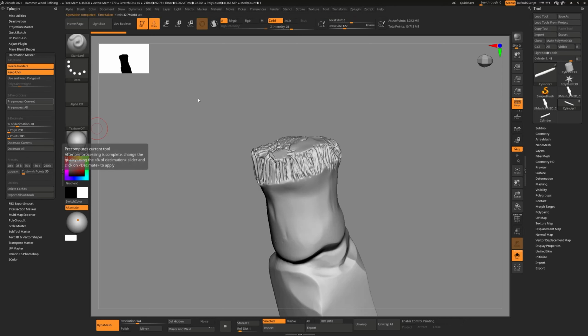See, it's writing file to disk. That means it's saving the cache files to your hard drive. So now, as you can see, I have pre-processed it. Now we have the percentage of decimation set to 20%. This is the default setting. As we go lower,